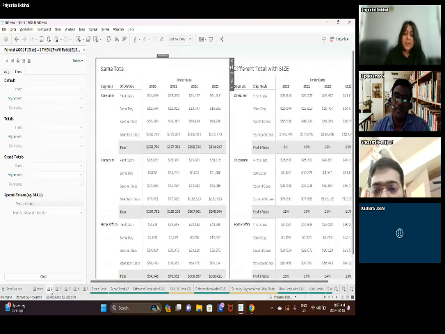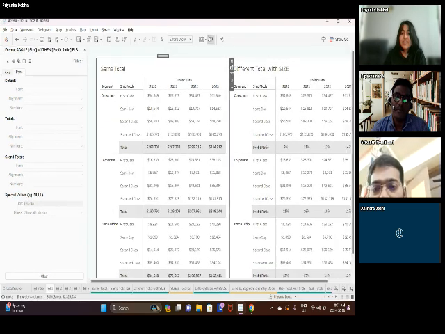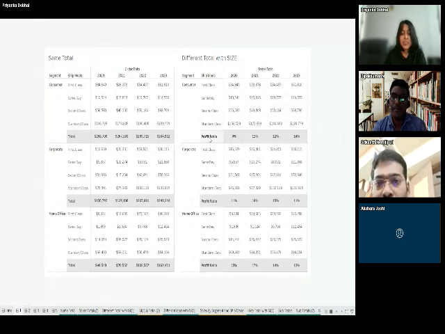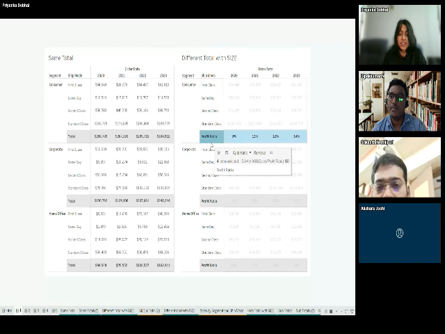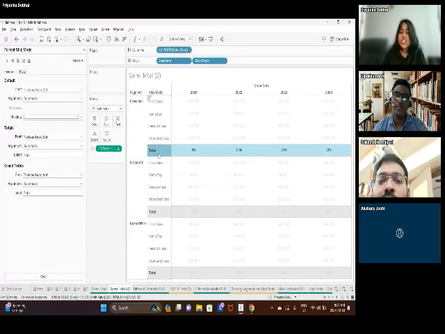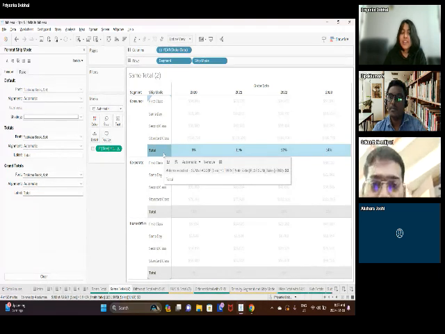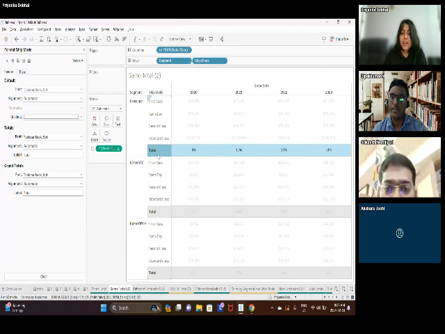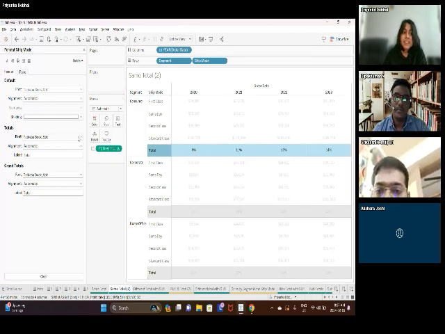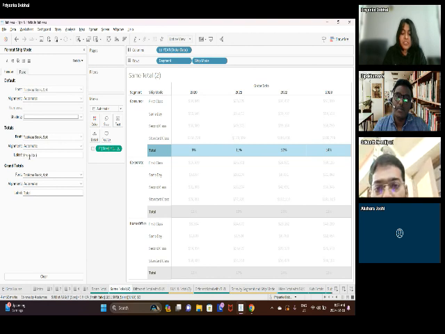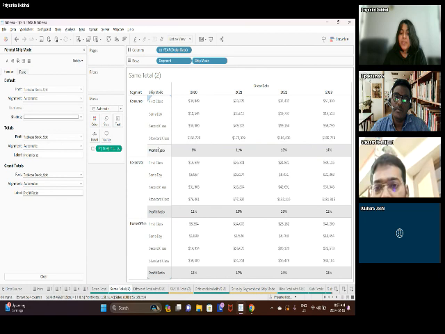So if I come back to the main screen again, this is what we managed to do. The last step that I probably forgot to show you is this total itself. How do I change the total word? So again, format this total, and in the label part, you can see that we have an option to make this as profit ratio. So you basically replace the name itself.